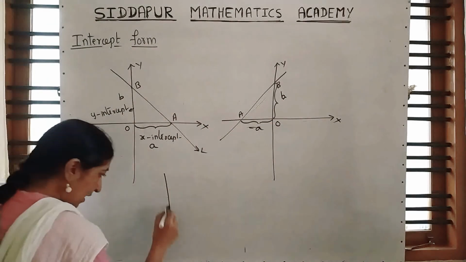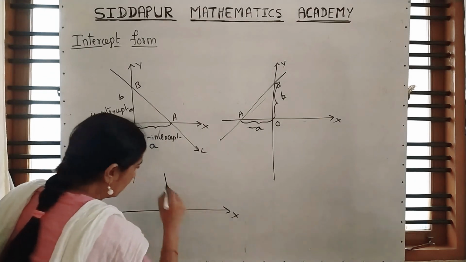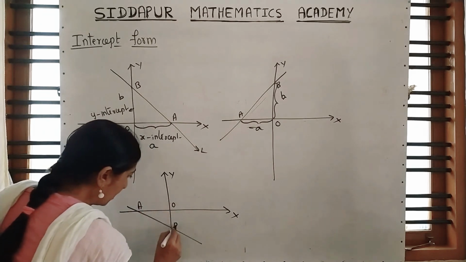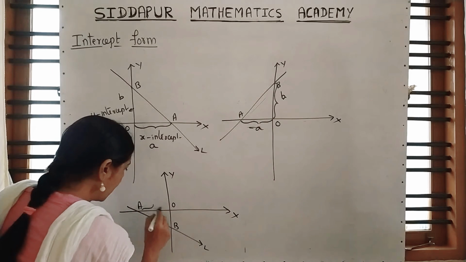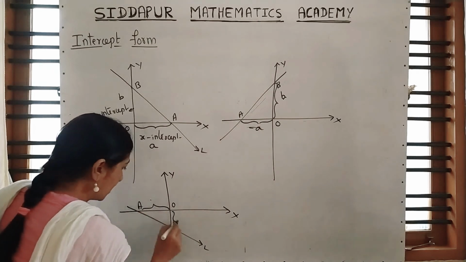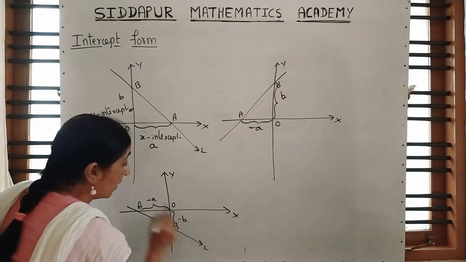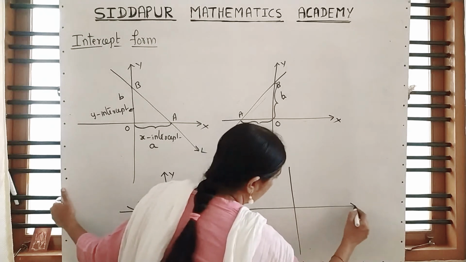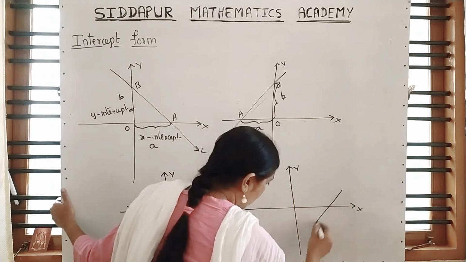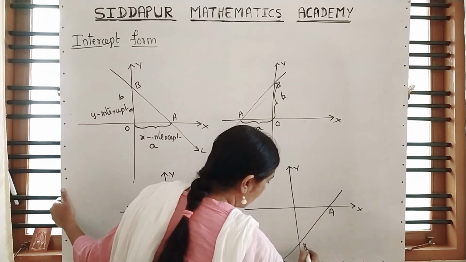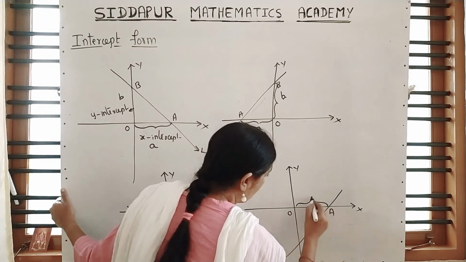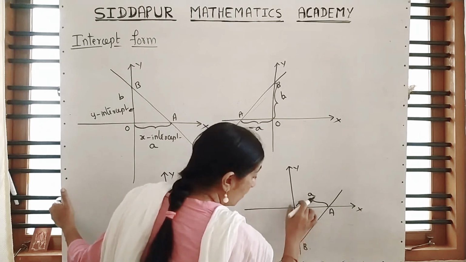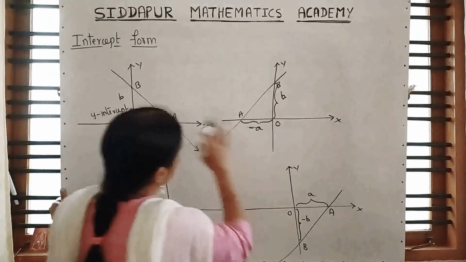Suppose the line cuts like this, the negative sign tells you where it comes. So this is O, this is A, this is B. This is the line L. This is the x-intercept, this is the y-intercept. Here both are negative. This is minus A, minus B. That sign tells you where it comes. Understood? And next, where the line cuts, this is A, this is B, O. Remember, always the x-intercept is denoted by small a, the y-intercept by small b. But here below it is minus. This is how the intercepts work.